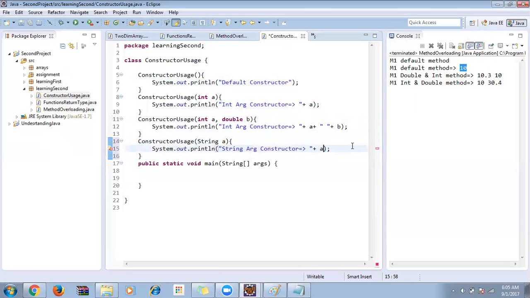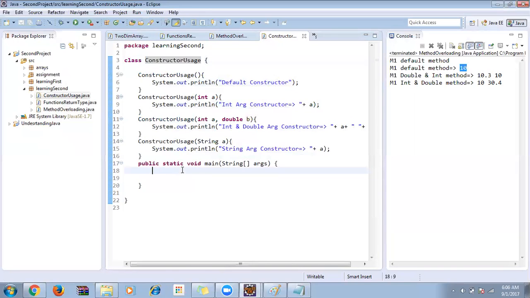I'm just trying to print it. So this is how we will write the constructors. Then how we call it is so simple: ConstructorUsage obj1 equal to new ConstructorUsage. Whenever we create an object,